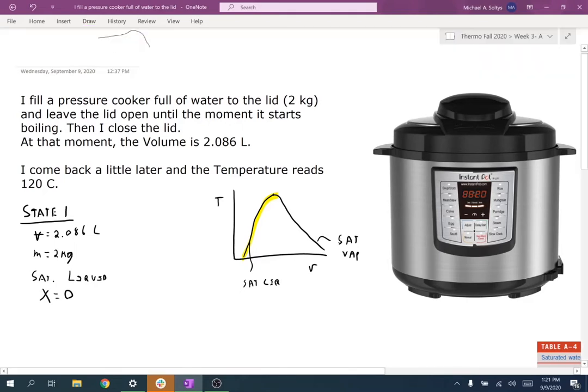And so what I can do is, I have the volume and the mass. I can figure out the specific volume, v, is equal to the volume divided by the mass. And if I do that calculation, I get 0.001043 meters cubed per kilogram. I don't even have to make any assumptions about the pressure or the temperature that it's at. If it's boiling, it doesn't tell me what altitude I'm at,